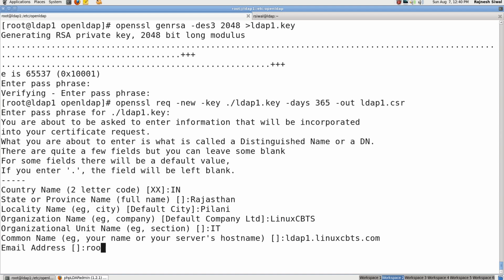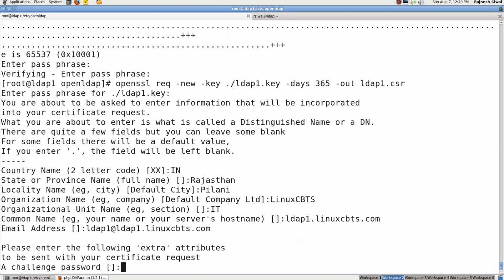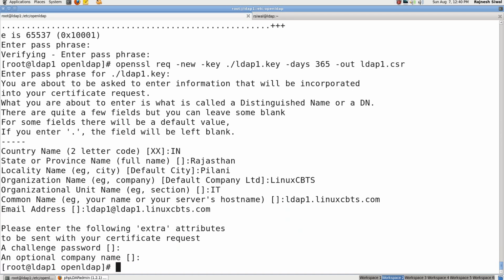Perfect. The mail address you could give, it could be anything. So now we have ldap1.csr.